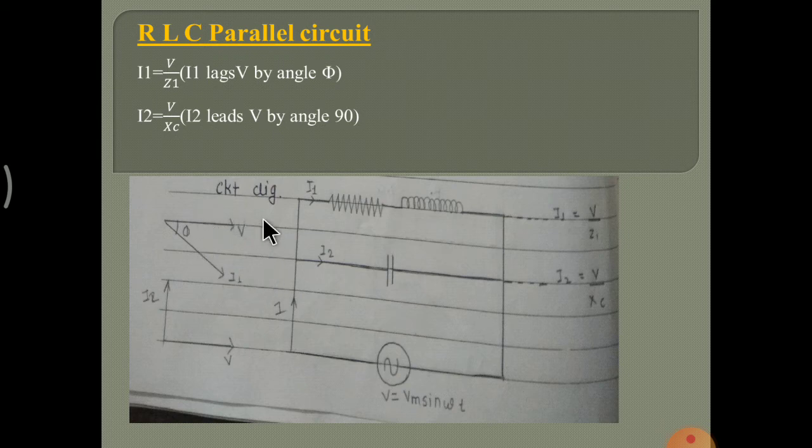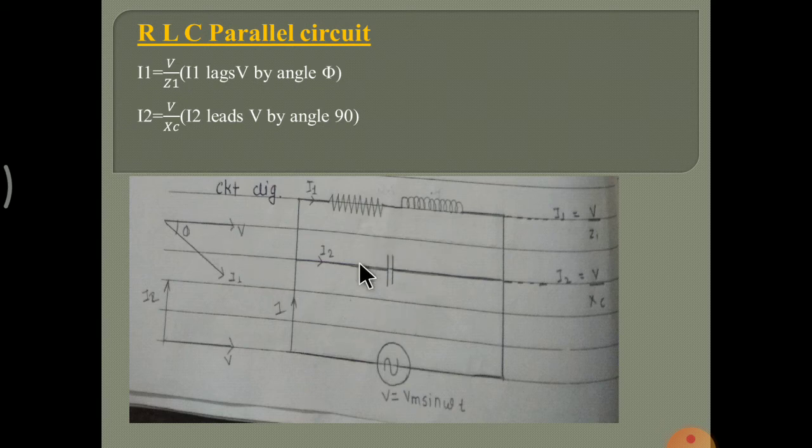This we take directly here because in a series RL circuit, what is the phasor diagram of a series RL circuit? In a series RL circuit, the total or equivalent current I is lagging to voltage V by an angle phi. So for this series combination of R and L, the phasor diagram has V as the reference voltage and I1 is lagging to V.